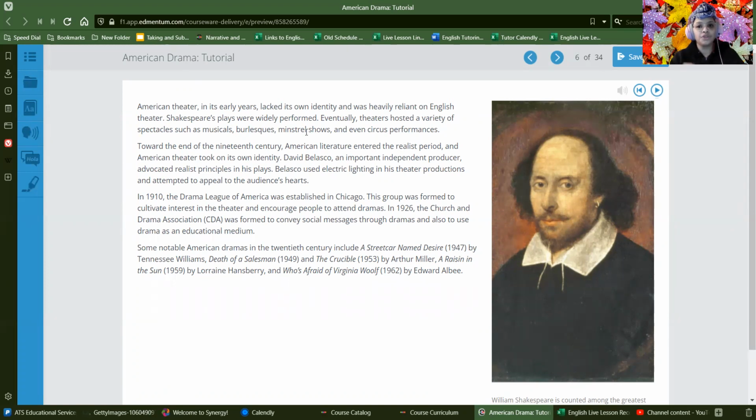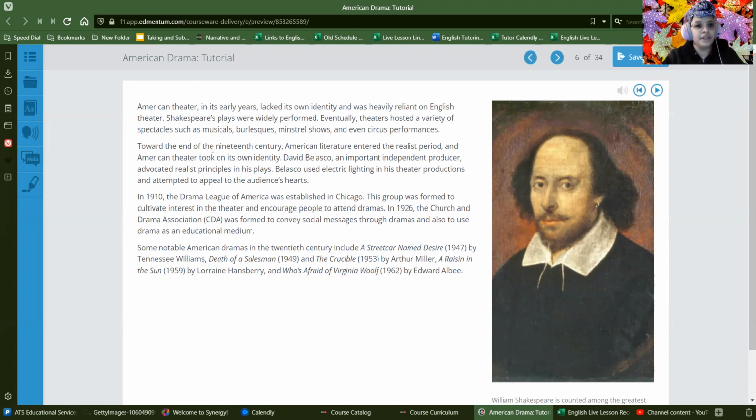Right after this was the realist period, where people came in and said, hey, we want to read and write more about the things that people actually experience in real life at this time. Having all this fantasy stuff doesn't actually help us understand what's going on and what real people are going through. We want to see ourselves in this writing.